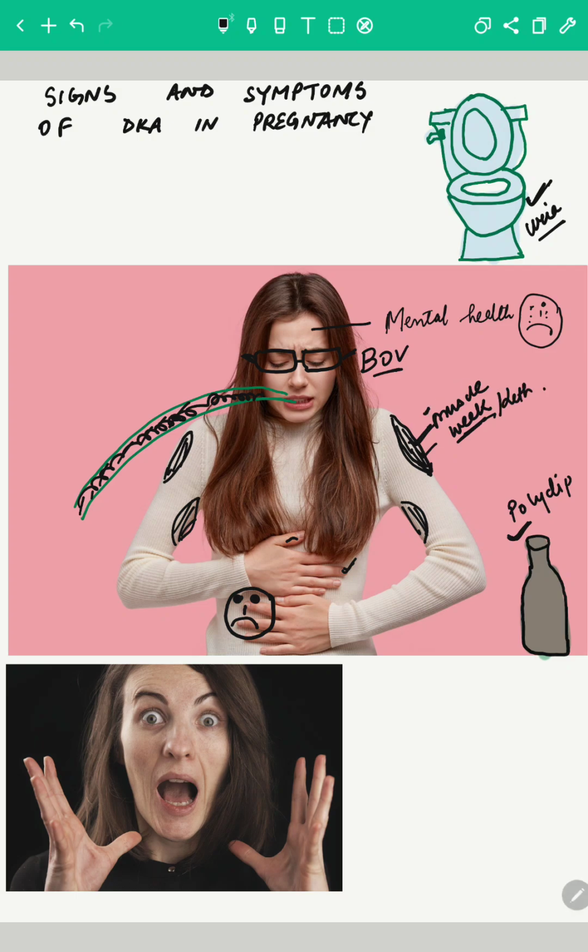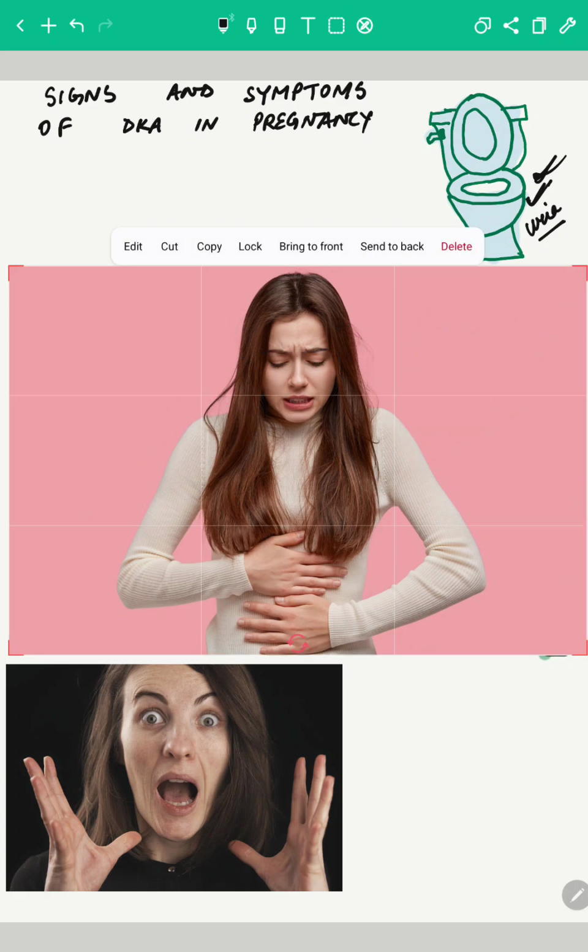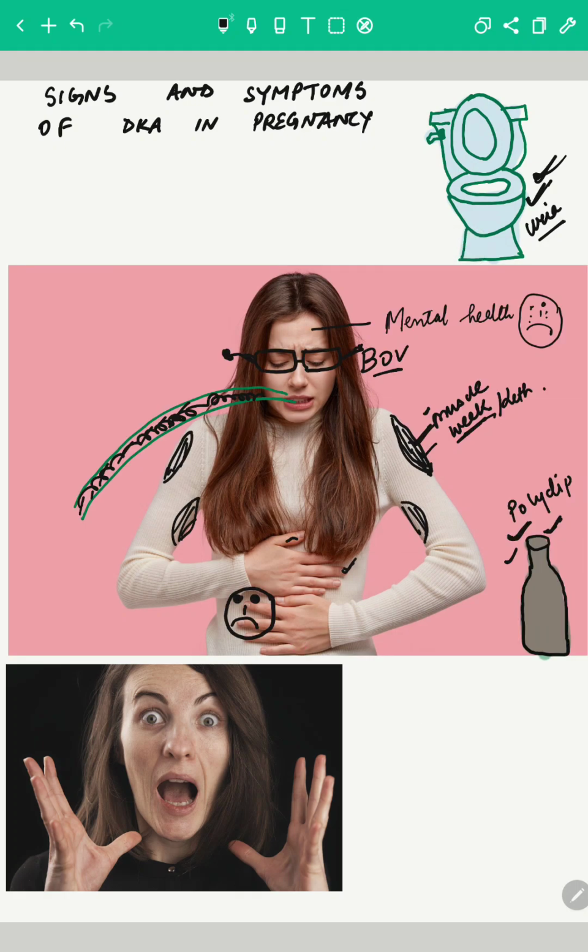Now she's got so much vomiting and so many problems, so she is drinking a lot of water. That is, the bottle depicts polydipsia, and because she is having a lot of water, again she is frequently going to the washroom, so polyuria. Now, if we can see after all of this, she's not able to see properly, and of course, her condition is not good, so she is having blurring of vision. That is why she's wearing these specs, because she thinks maybe that she'll see better, but actually she's got blurring